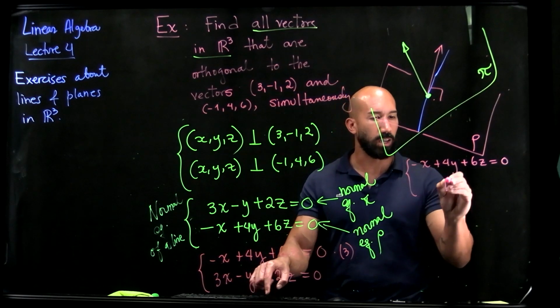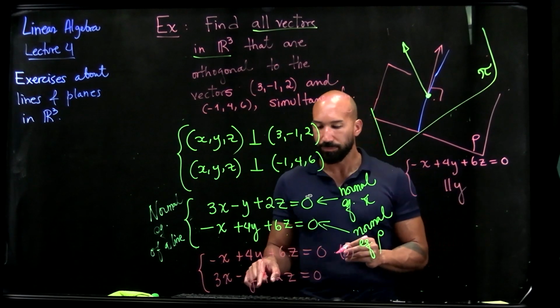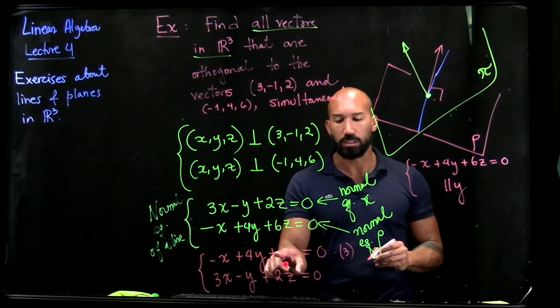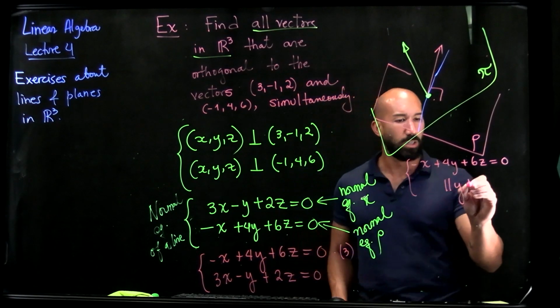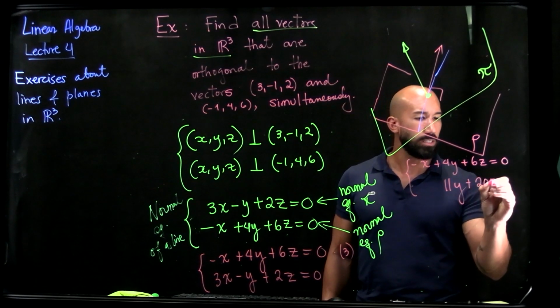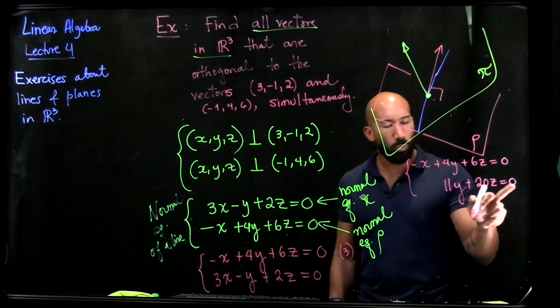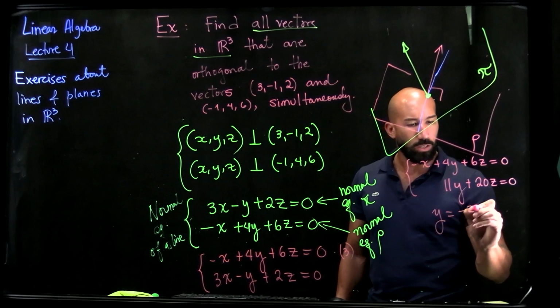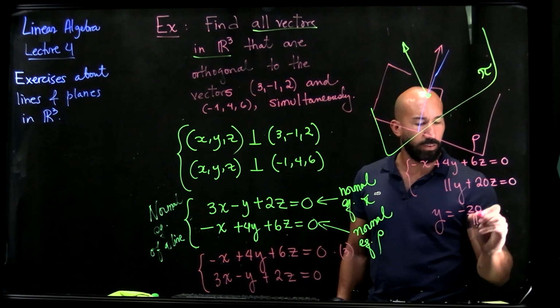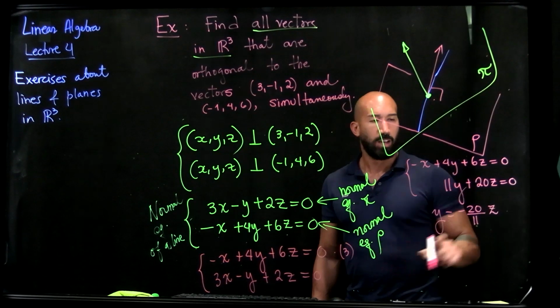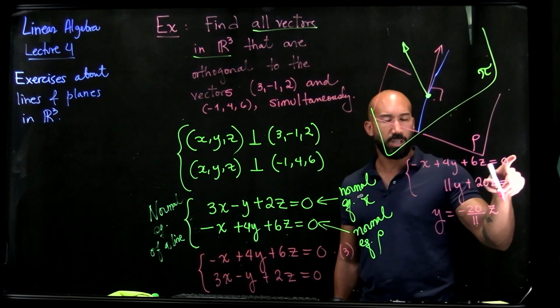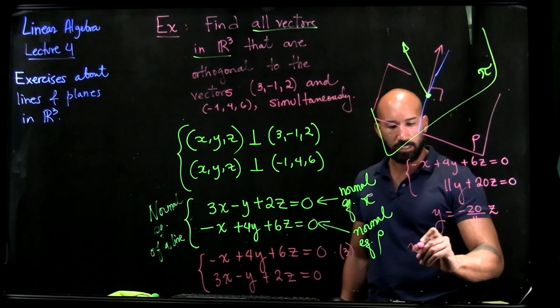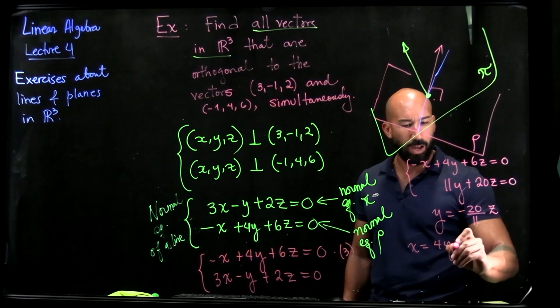Minus 1, I'm gonna get here 11y. 3 times 6 is 18 plus 2 is gonna be 20z equals to 0. So the second equation now is telling us, for example, that y is equal to minus 20 over 11z. And if we go to the first equation now, we'll solve it for x, and x is equal to 4y